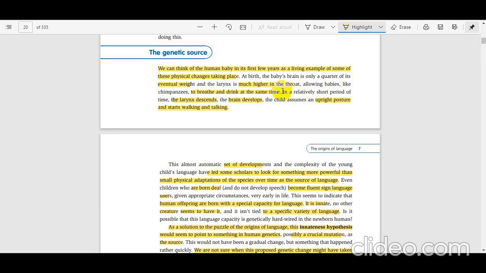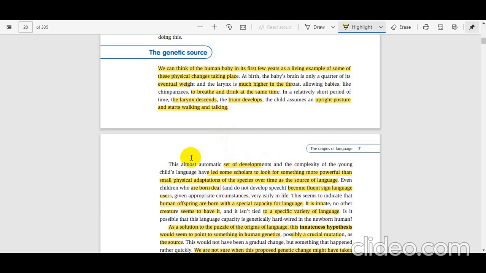In a relatively short period of time, the larynx descends, تبدأ بالنزول, and the brain develops as well. The child assumes an upright posture and starts walking and talking. Okay. This set of developments, I mean the development of the position of the larynx as well as the development of the brain,